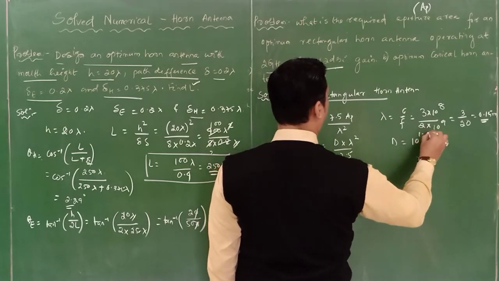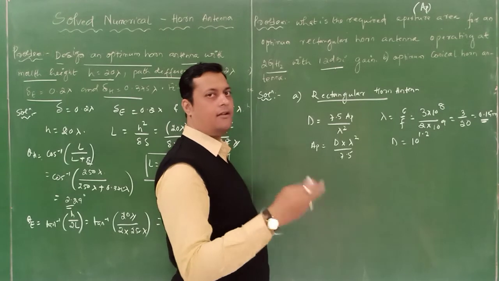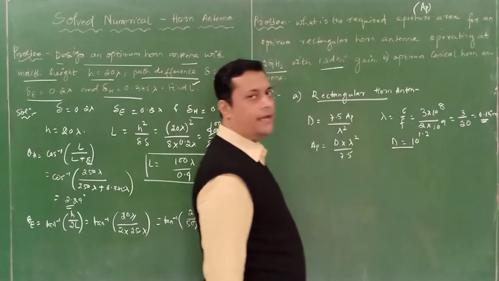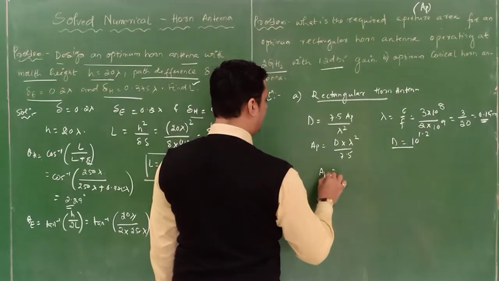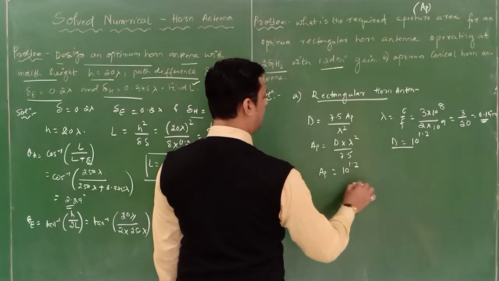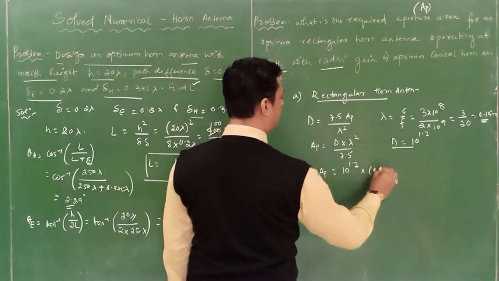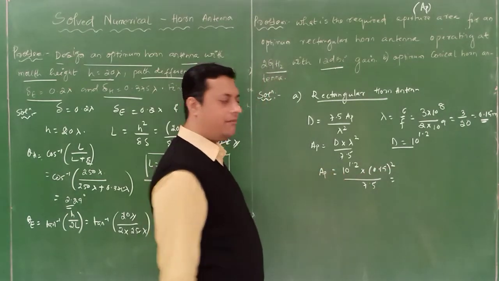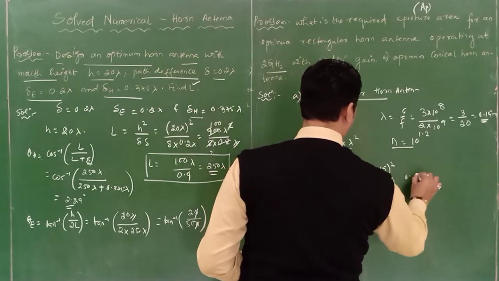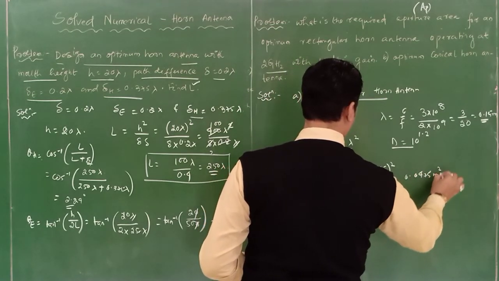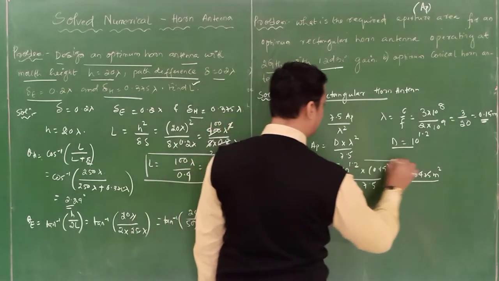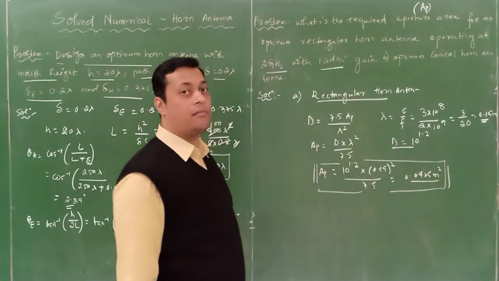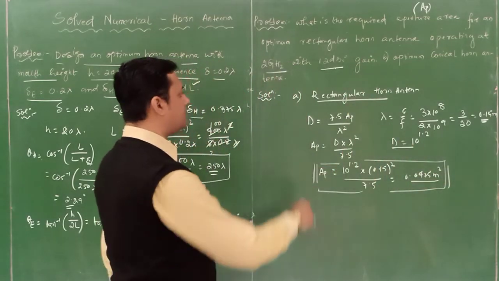So it is 10 to the power 1.2 directly I can write, because 10 log base 10 of D is equal to 12 dBi. So D is equal to 10 to the power 0.1. So AP is equal to 10 to the power 1.3 into lambda square, that is 1.15 whole square divided by 7.5. So my AP will become 0.0475 meters square. So this is my aperture area with the help of the maximum value given for the optimum horn antenna. Okay. So this is for rectangular.